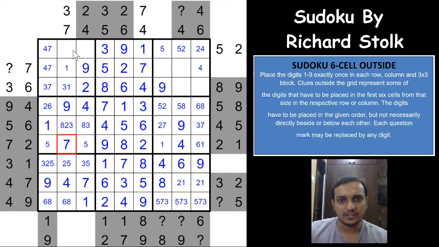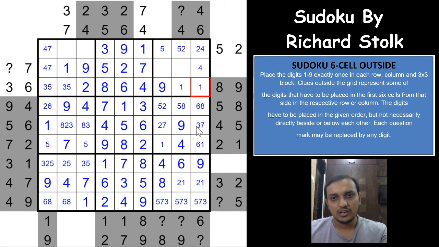5 6 and 8, right? So 5 cannot be in any of these three cells. 5 cannot be here. So 5 would have to be in one of these two cells. So you get a 3 5 pair here. So 1 and 7 are eliminated, which means that this cell would have to be a 1 now, and that gives you a 1 in one of these two cells, right? And 1 in one of these two cells and 1 in one of these two cells eliminates 1 from here, so this becomes a 1 now, and that's really a really good one.